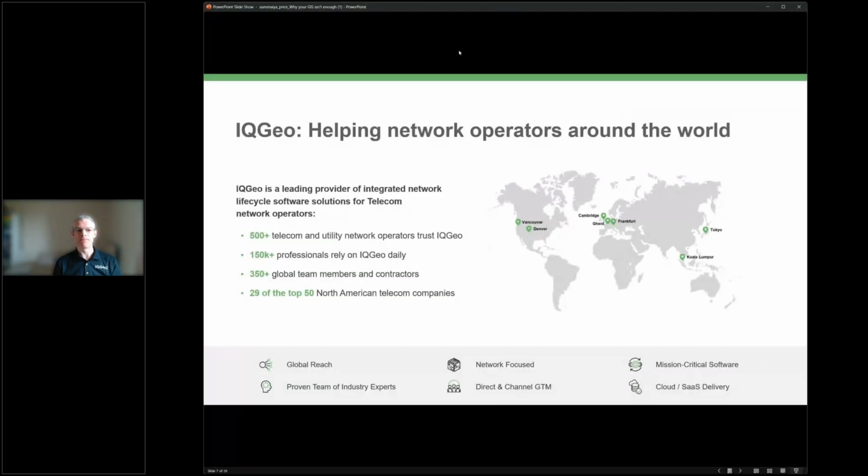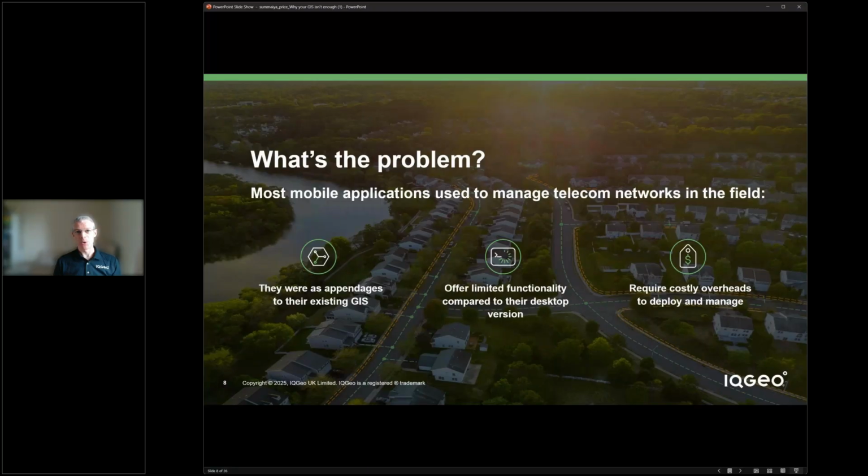So enough about us. What's the problem that we're talking about today? One of the challenges that we very commonly see is that most mobile applications, and by mobile I mean obviously taking data out into the field, making it available on some sort of mobile device, could be a laptop, could be a tablet, could be a smartphone,